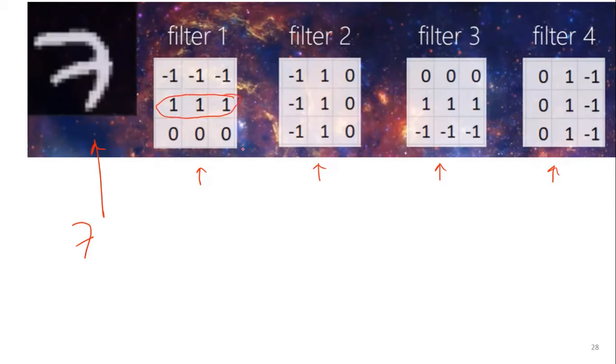Okay, so first of all, is this an edge detector? Well, the sum total is 0. Sum total is 0, sum total is 0. Okay, so clearly these are all edge detectors. Now, if this is an edge detector, what do you think is the difference between, let's say, filter 1